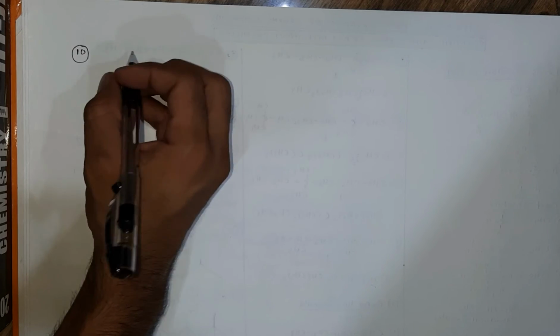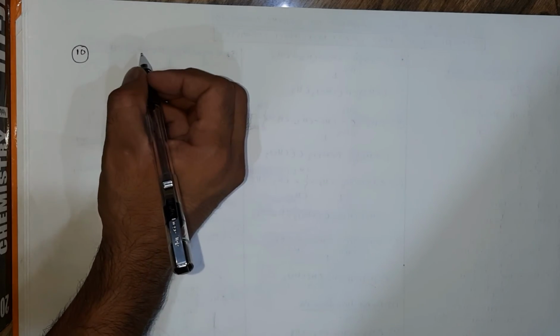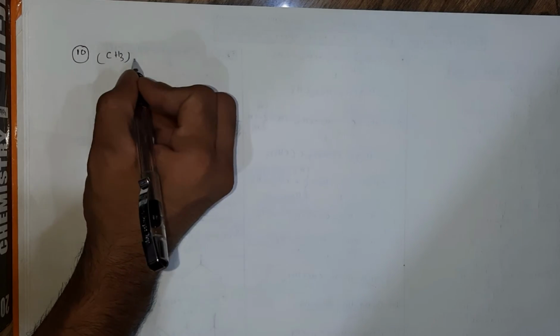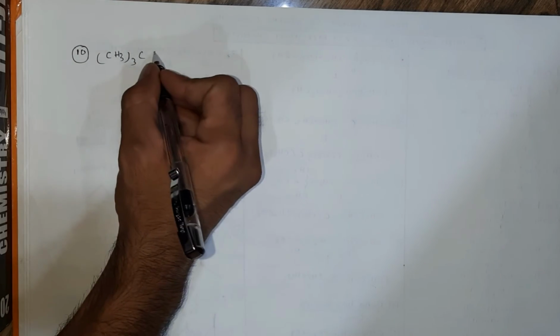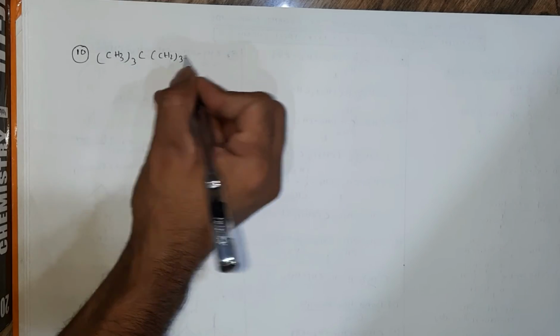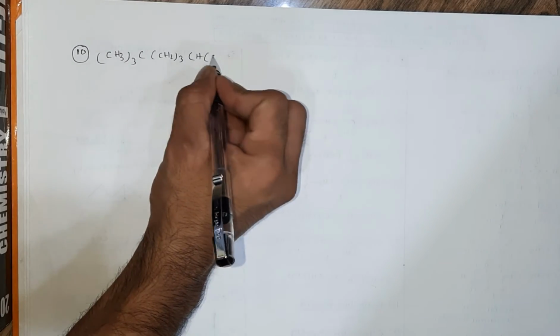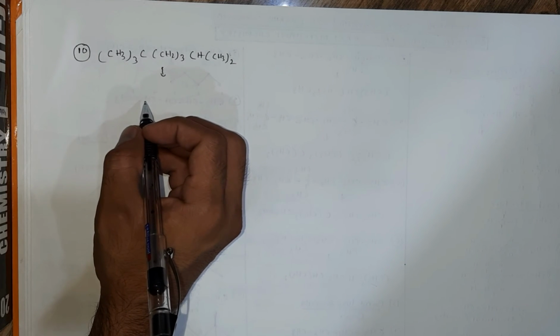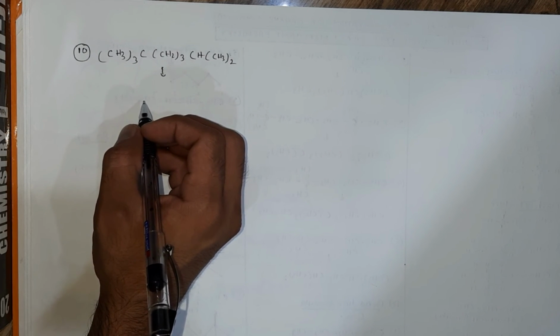Second example, molecule number 10. Suppose right now I write down a condensed formula. You have to convert a condensed formula into an open chain. The condensed formula is CH3 thrice C, CH2 thrice CH, CH3 twice. Now how will you open a condensed formula and convert it into a bond line formula? The condensed formula first has to be opened into a structural formula, with the counting of the valency of the carbon atom, which should be tetravalent.